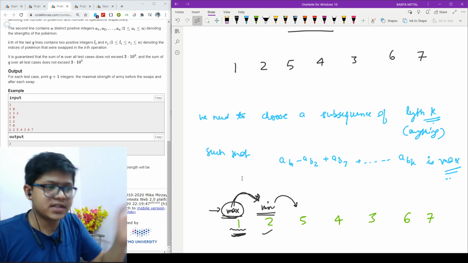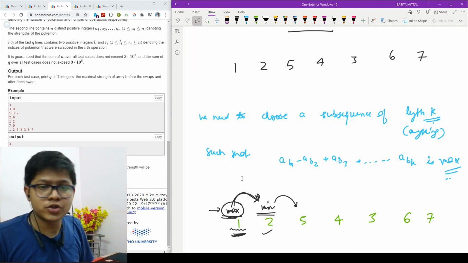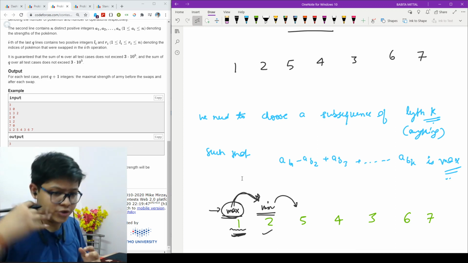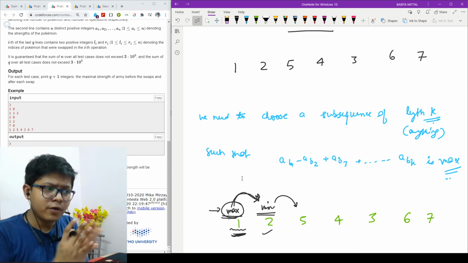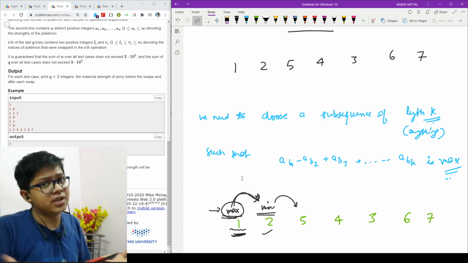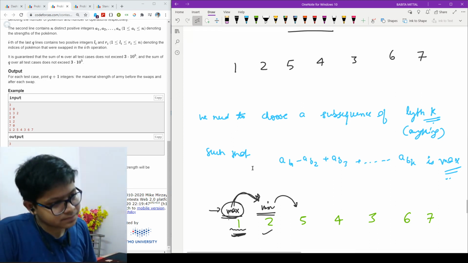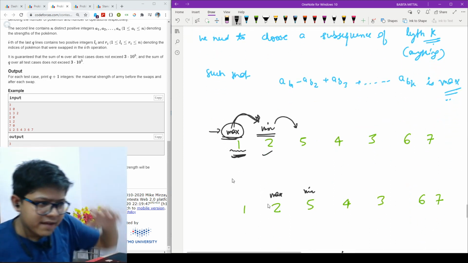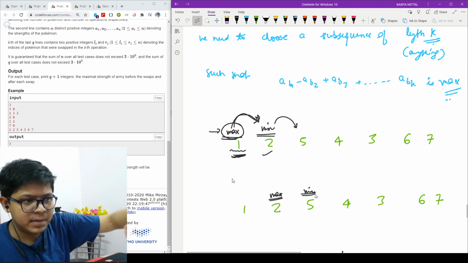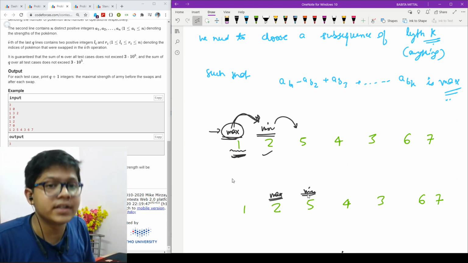Although if you have studied the heap and valley approach, it should strike your mind, which I will show you in the next video. But for now, let's understand the basic intuition of how I reached that point. Then I will have my maximum and my minimum right here. These are the pointers, basically.